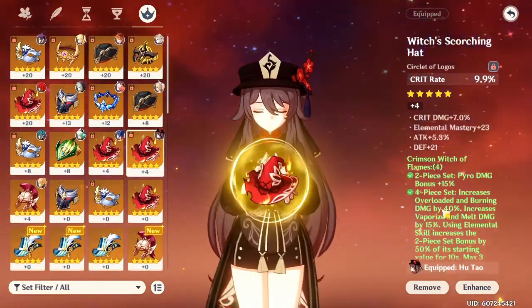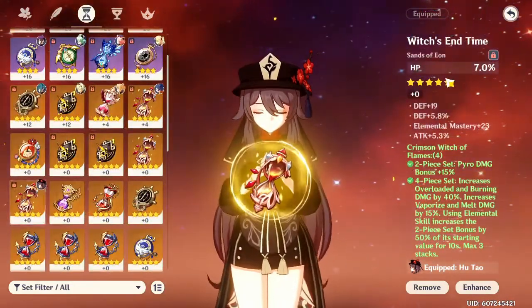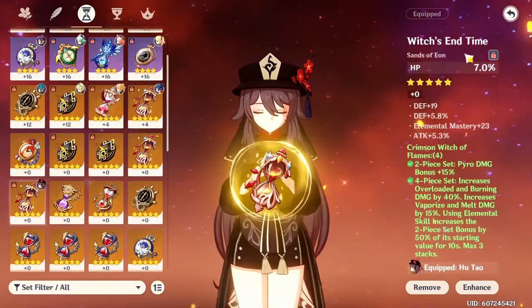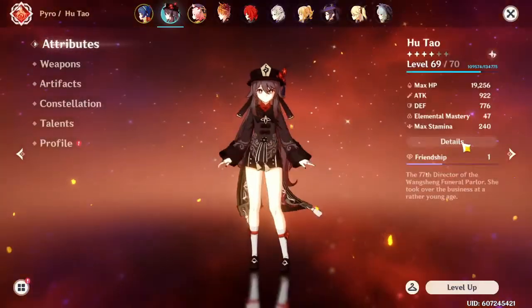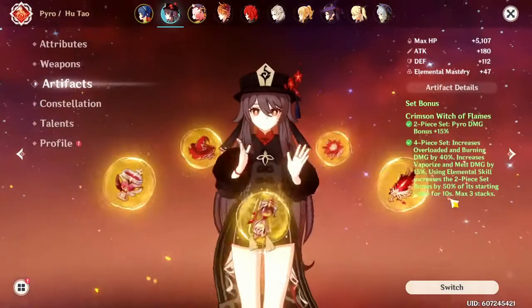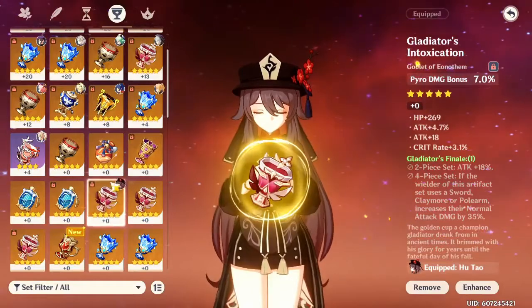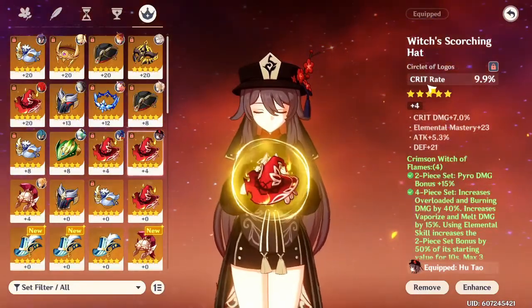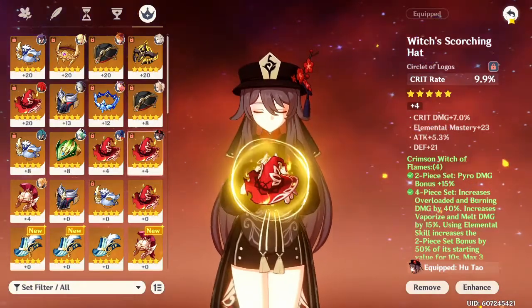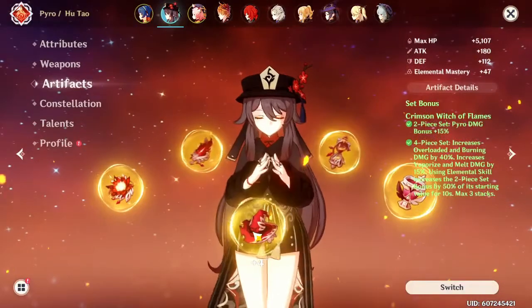overall bonuses you get. Now, as for the Sands, her best is probably HP percent, because a percentage of her attack scales off her HP, so keep that in mind. As for the Goblet, you want pyro damage bonus, obviously, because then you do more pyro damage. And last, you want a crit stat here, so either crit rate or crit damage, depending on your weapon. As for me, I have Homa, so I have crit damage here, so then I want to run crit rate